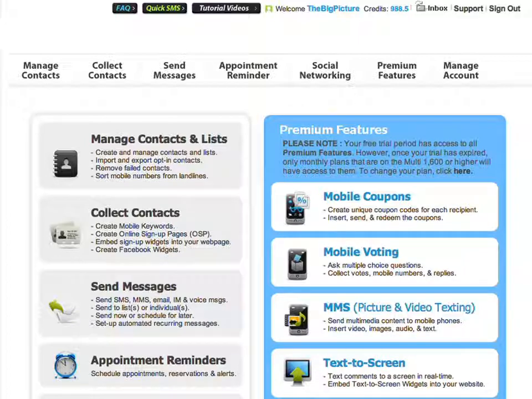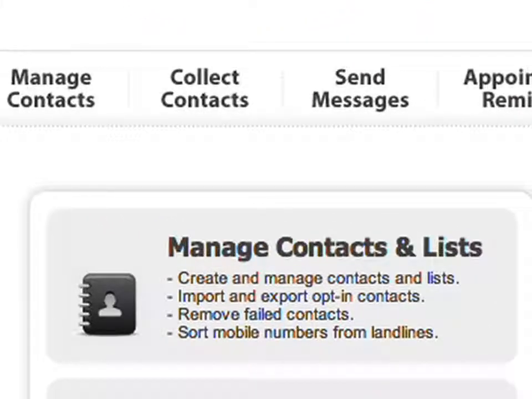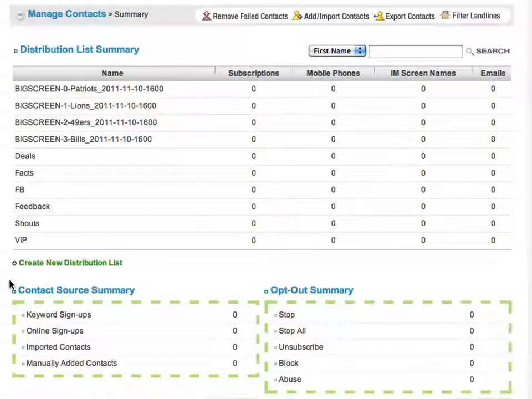So, what I'm going to do here, being the educated person I am, is use this platform to build that distribution list, those contacts, and really get my business rolling. So, how am I going to go about doing this? The first thing I'm going to have to do is go to my manage contacts and start organizing my distribution lists. What this does is allow you to build different distribution lists for the storing of